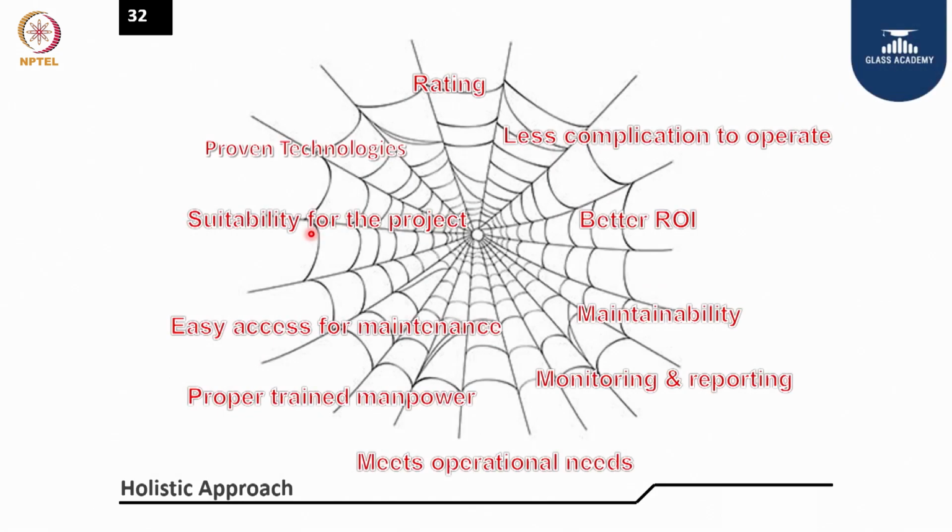So in a nutshell, if you look at any building for that matter, you have to look at various parameters. You can't only look at aesthetics, or only at occupant comfort or energy performance. Of course, you need the rating, but rating should not be the driving force for the building design, and it should be less complicated to operate. Tomorrow you can't bring some system which brings a lot of complication for the occupants or operators to operate, then they will bypass it.